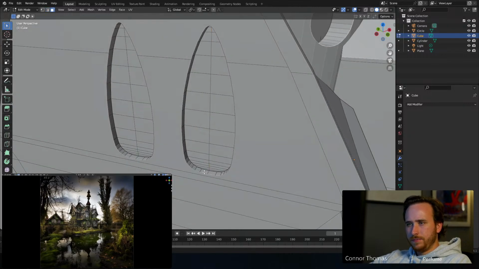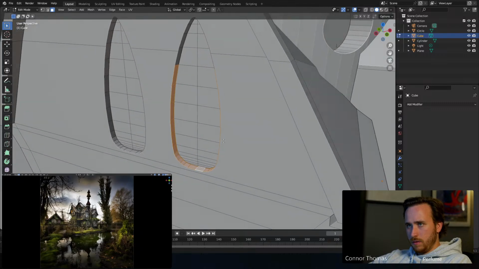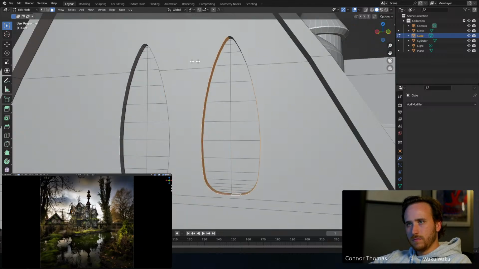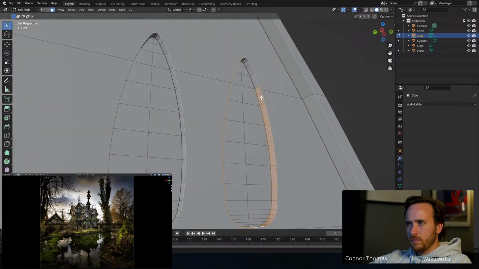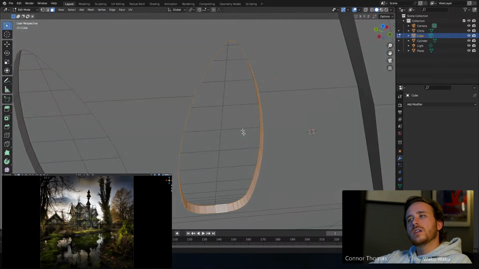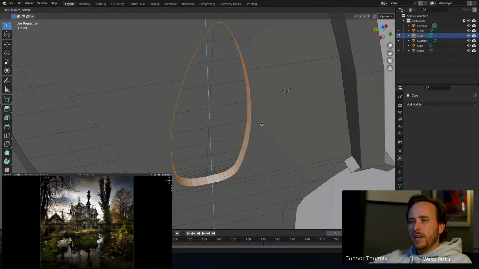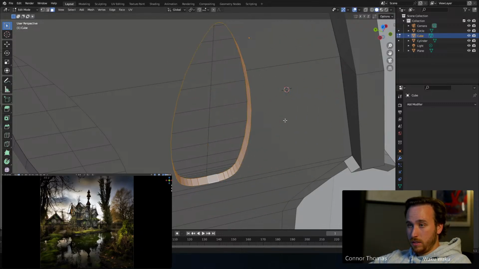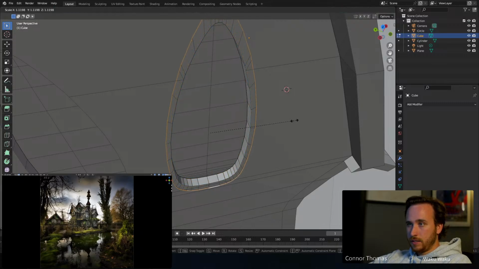I'm thinking if we select all the way around the edges, if I extrude that, oh whoops, no, if I duplicate it as its own separate entity, and then if we extrude it and scale it,